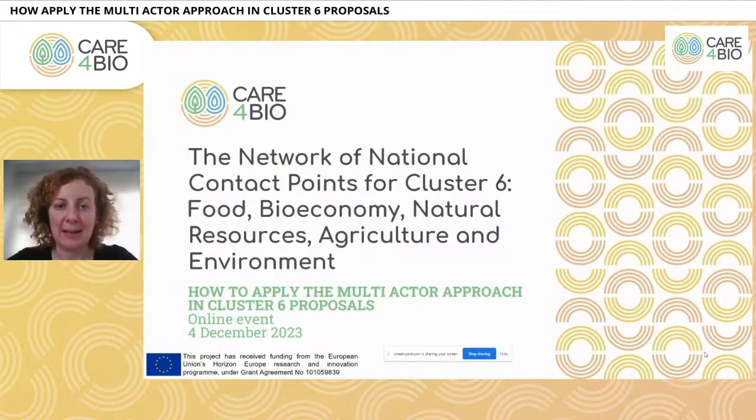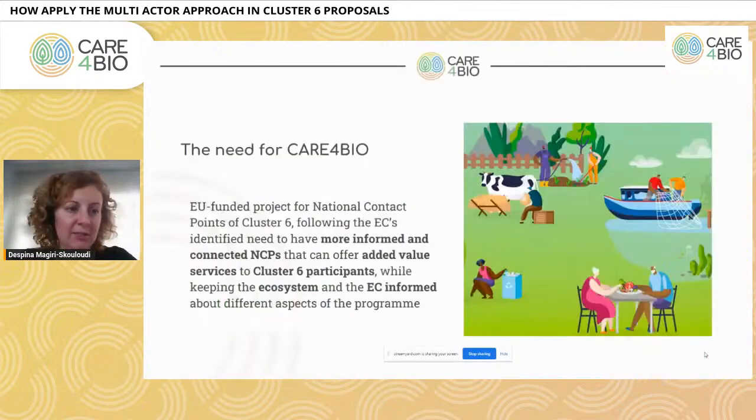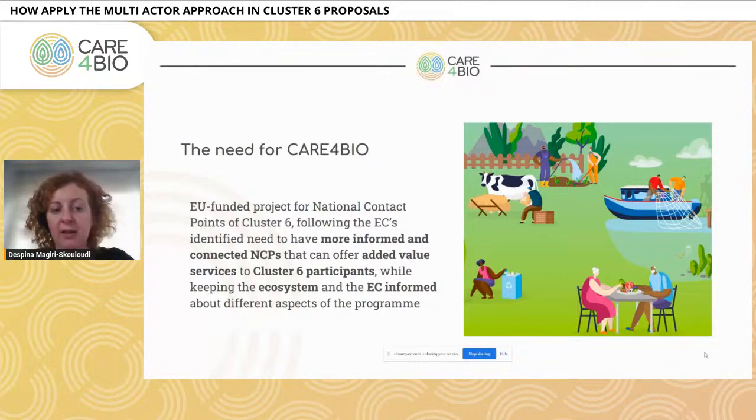As Serena already mentioned, I am part of the coordination team of Care4Bio, which is the network of the national contact points for Cluster 6, which covers food, bioeconomy, natural resources, agriculture, and environment. So just a very brief introduction, why Care4Bio? Just to make sure that the NCPs representing Cluster 6 have more access and more uniform access to information, and are empowered in order to offer added value services to Cluster 6 participants, applicants, and of course, key stakeholders and the entire European ecosystem, and of course, keep all the ecosystem and the European Commission informed about the different aspects